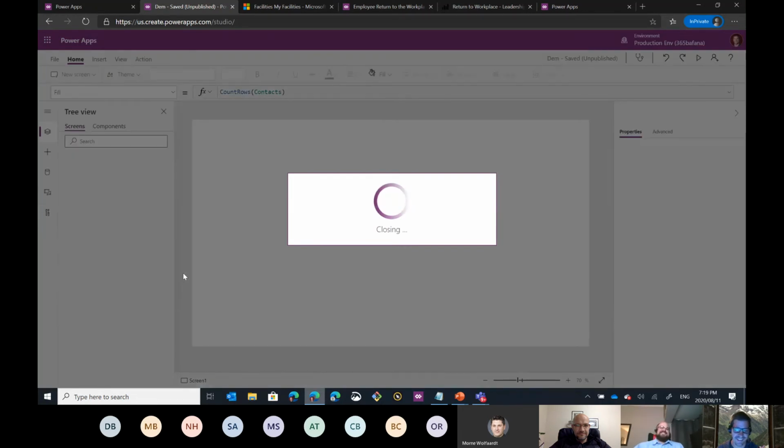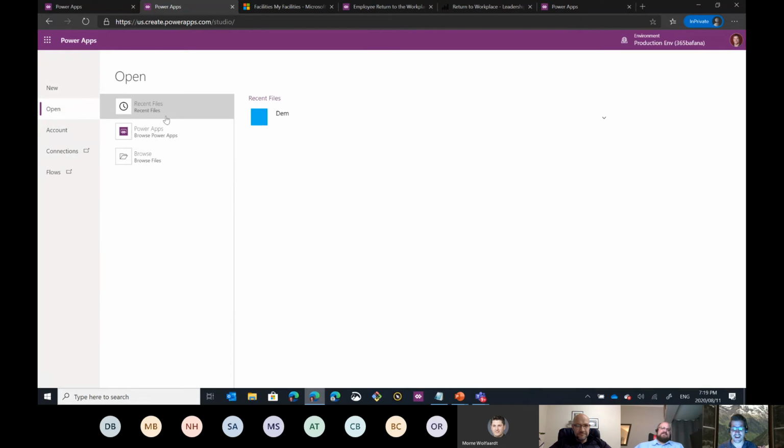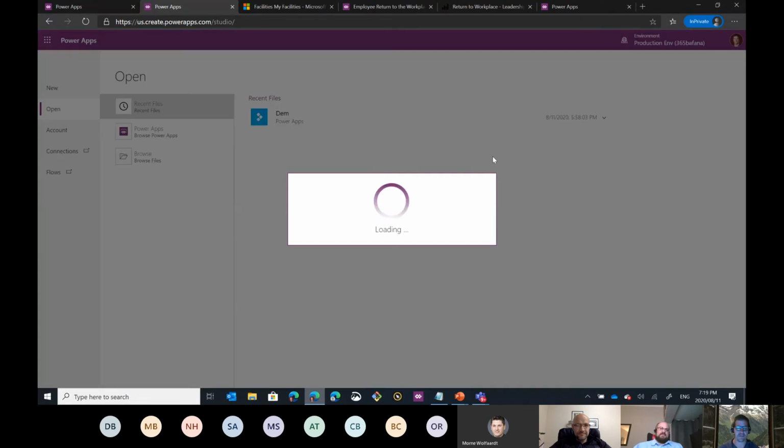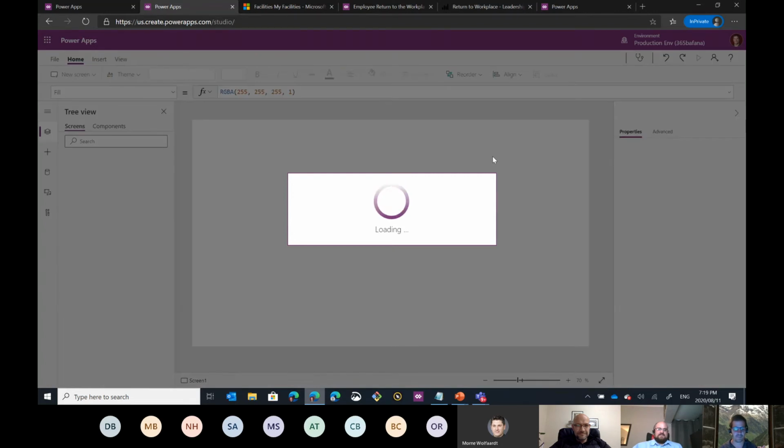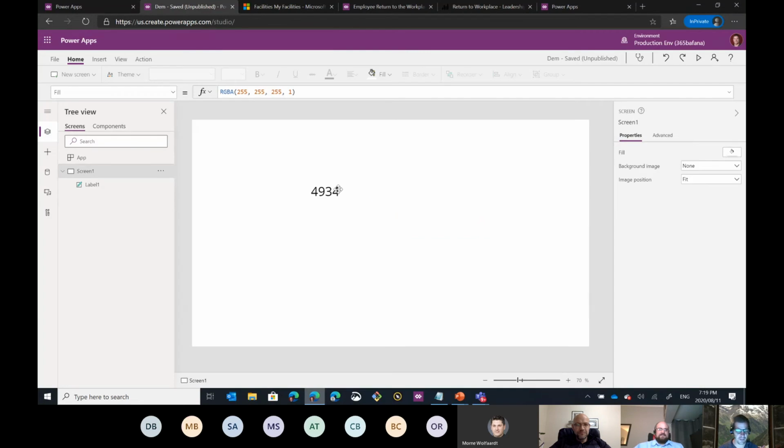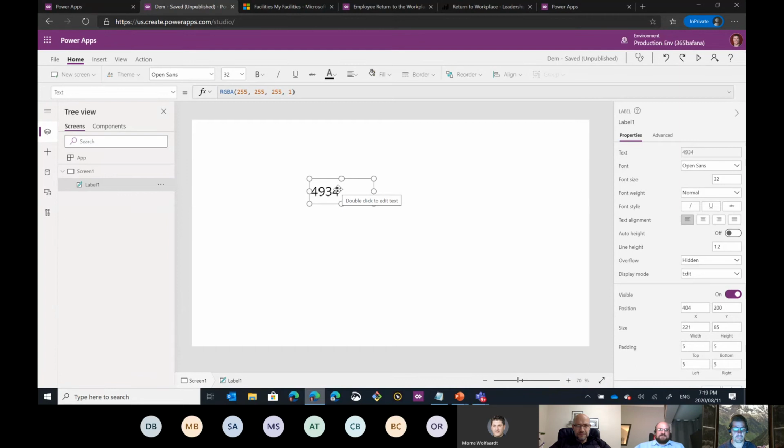Just when you thought it would just work, eh? And I reopened my app. Come on. My famous app called Dem. Ta-da! And there we go. So, hey, sometimes it's worthwhile just going and checking out those preview features to see if there's something you've been struggling with for some time, and actually there's a preview feature that enables you to overcome it. So yeah, there we go. That makes a lot of problems go away.